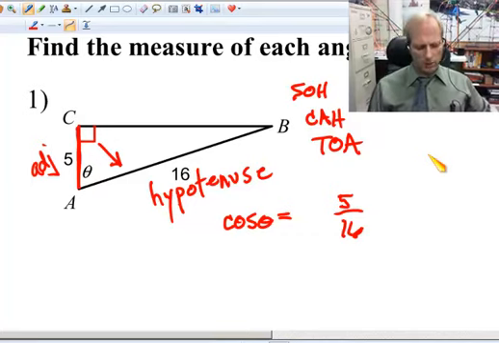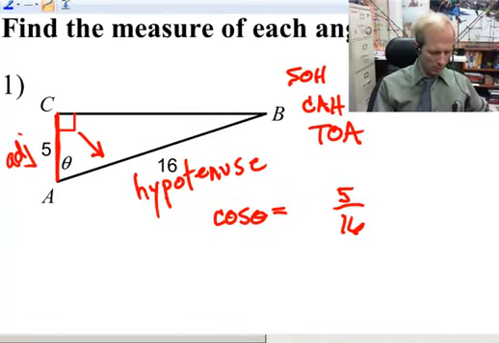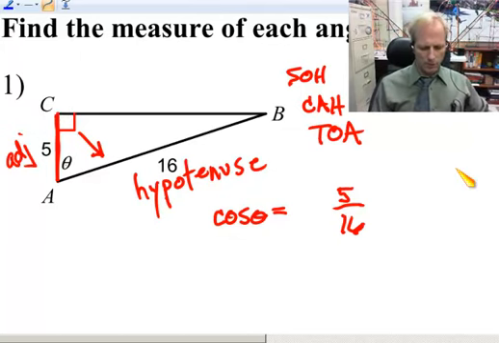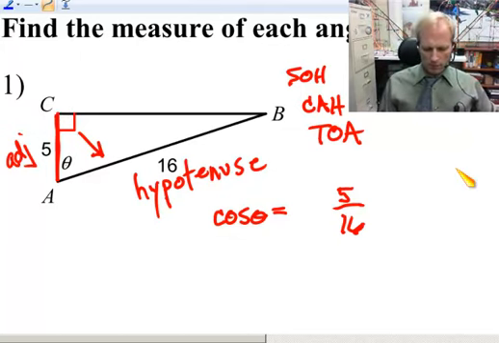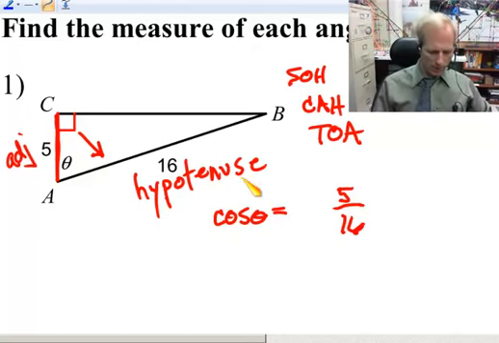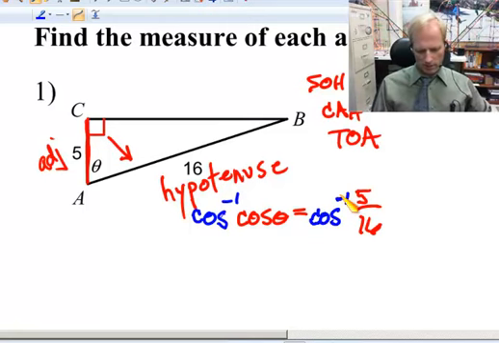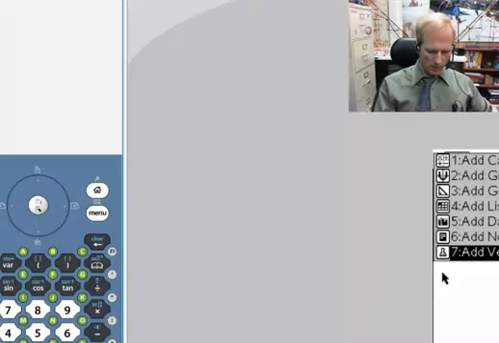Okay, as I told you in class today, when you're solving for an unknown angle, you're always going to use the inverse trig functions to solve for the angle, and that's always going to be the last step. That's how you get the angle measure out from inside the trig function. So I'm going to do inverse cosine of both sides of the equation, and that's going to leave me with the measure of angle theta, which I need to do on my calculator as,